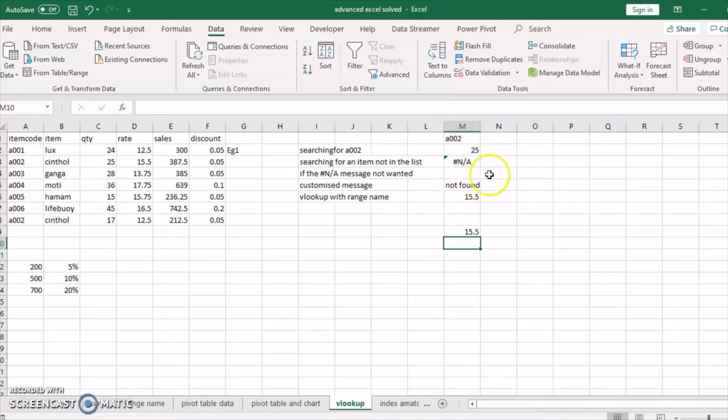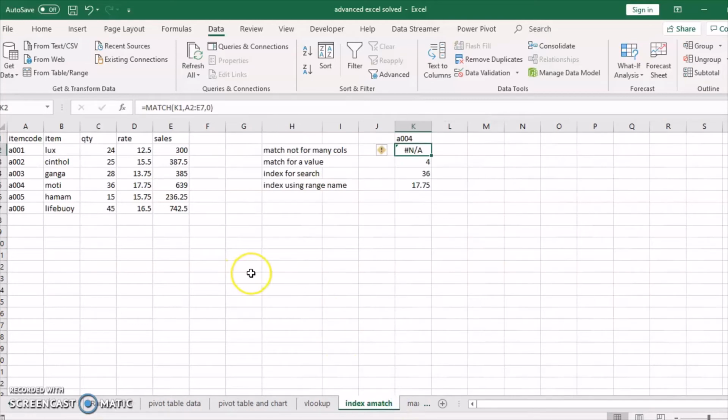When you use VLOOKUP, there are different things that could happen. We are going to look into all the scenarios and see how we can manage the scenarios to our necessity. In VLOOKUP also we are talking about using the names that we have given instead of using the cell addresses. The other method of searching is also called indexing. Using the index function we can search for the thing, and using the index also we can make use of range names to search for information.